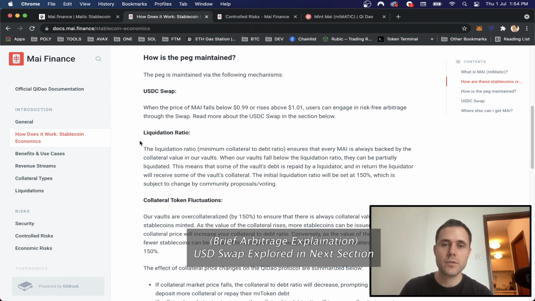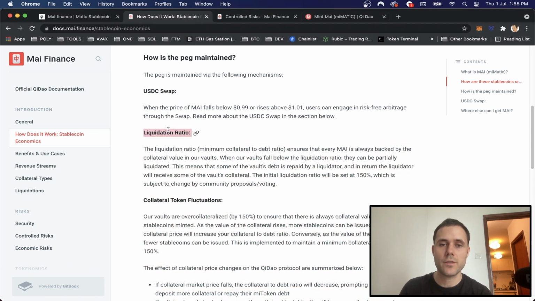The liquidation ratio is something I talked about earlier. So everybody who's depositing the collateral Matic needs to maintain a 150% liquidation ratio, which is the 2/3 that we were talking about earlier. So it's backed by a solid token, okay, that people want to hold. That's a big part of it. Although this number can change, this 150%. The decision made on that is by community proposals and voting. So we've got the governance coming into this as well.